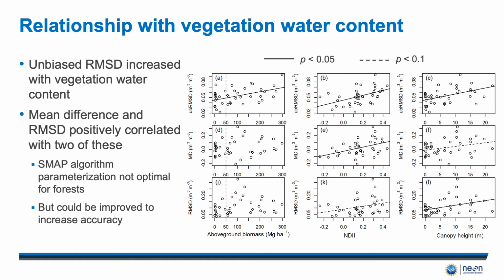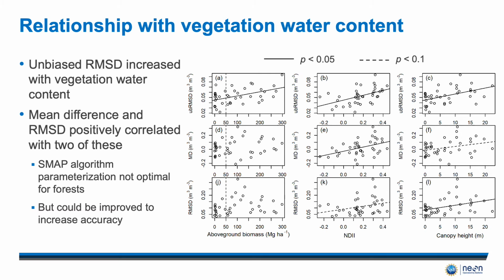So since we know that SMAP is sensitive to vegetation water content, we looked for other NEON data products that we would expect to closely relate to that, and we identified 3 different data products: above ground biomass, NDII, which is a remotely sensed index of vegetation water content, and canopy height. And if we first look at these in relation to unbiased root mean squared deviation, which is the top row